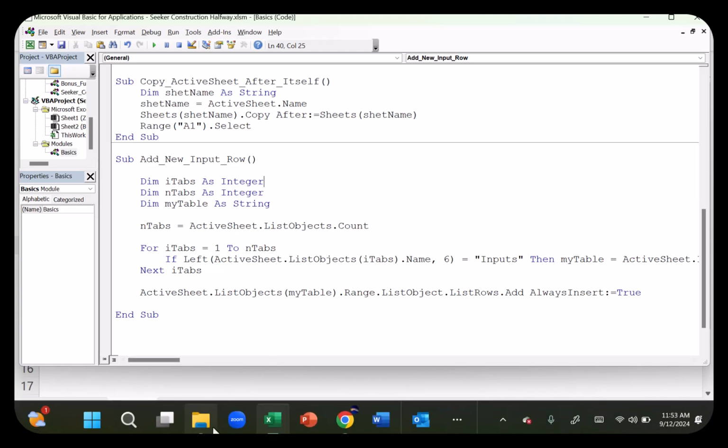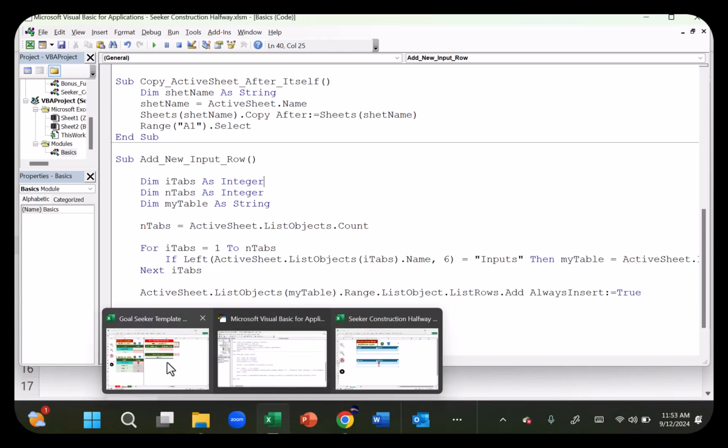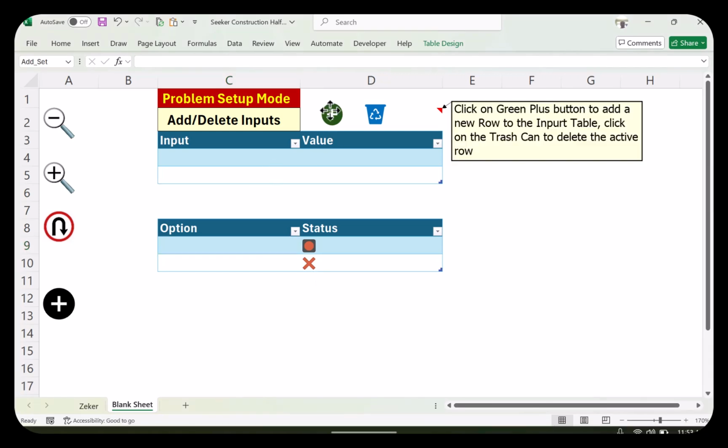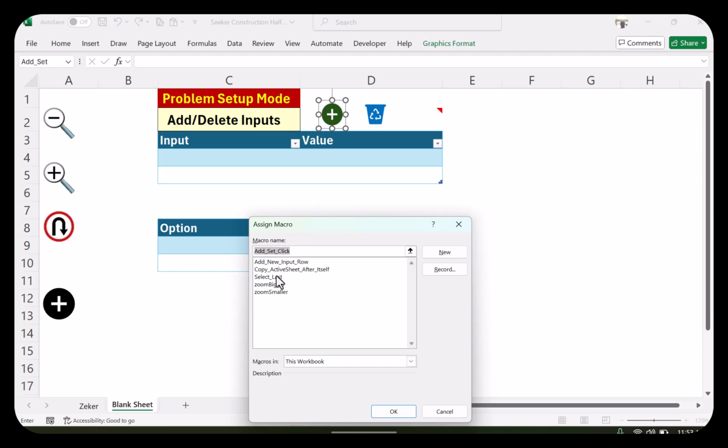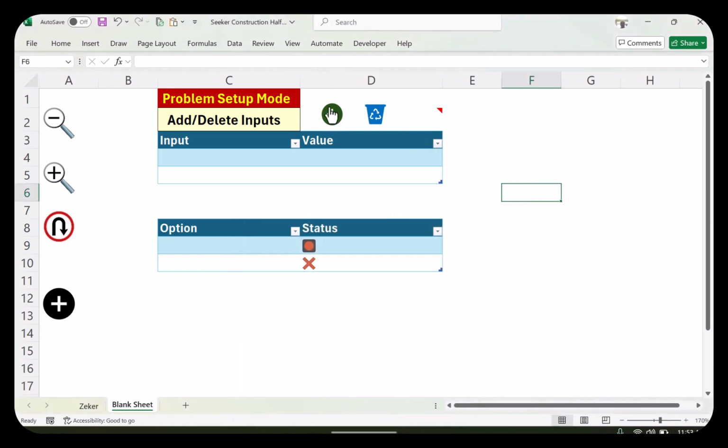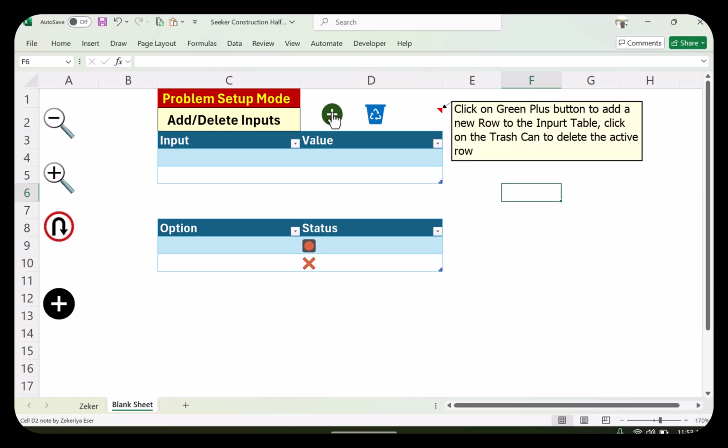Okay, let's attach to this green button the macro assign, add new input row. Now, as soon as I hit that, see,